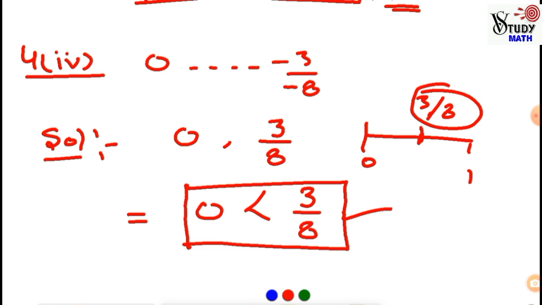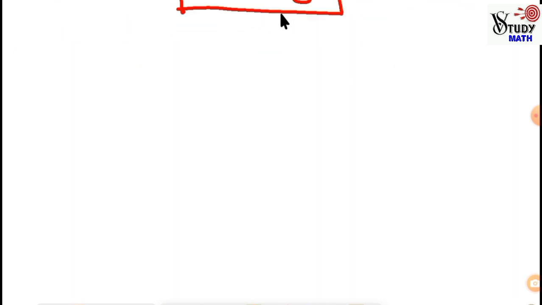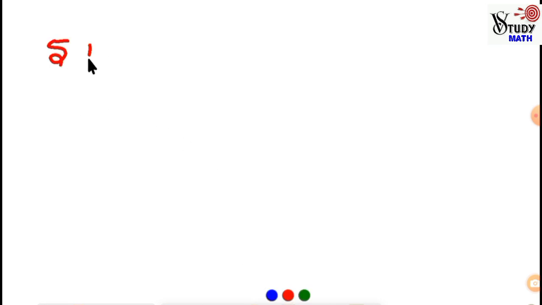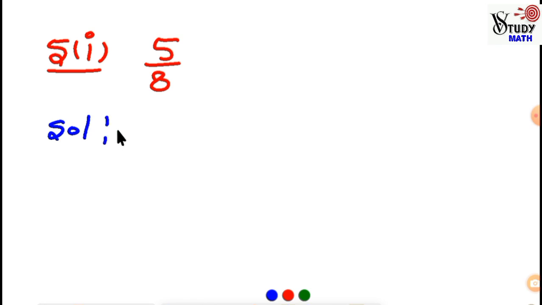Now move to the next question. Question number 5. Exercise 1A from S. Chand book, question number 5, part 1. We have to find the absolute value of 5 by 8. So how can we solve this problem? We can solve this problem very easily. Just write